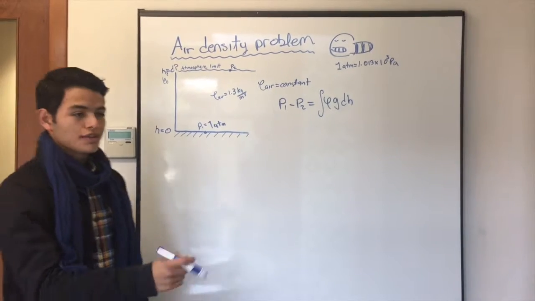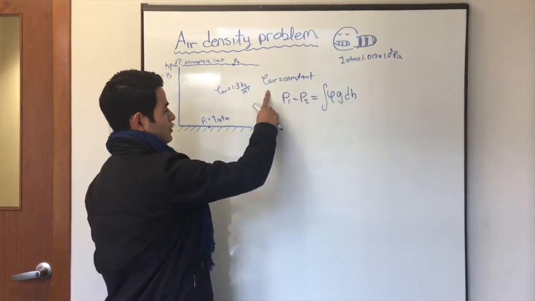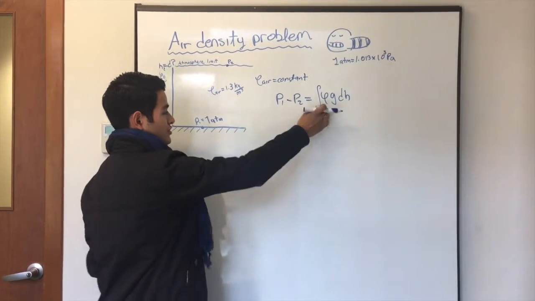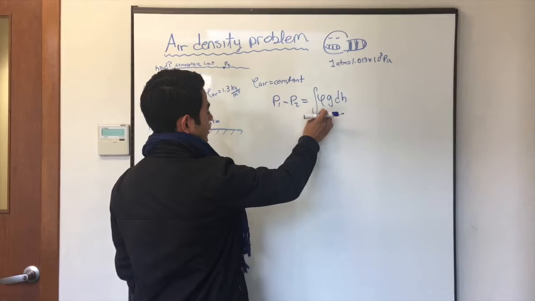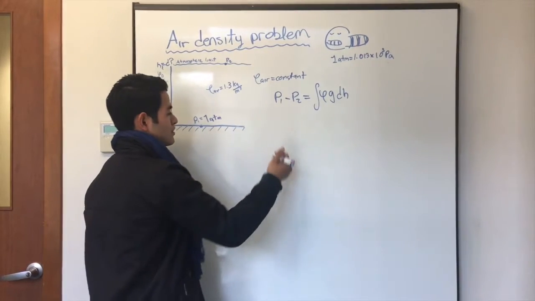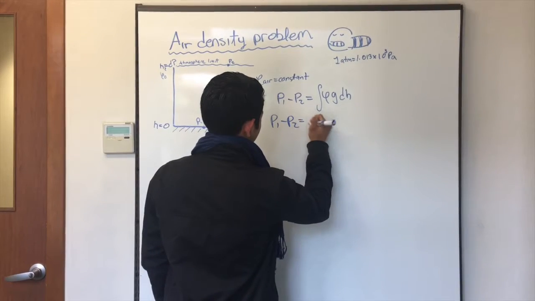So, to solve this integral, we can say that the density rho is uniform, so it is a constant. So both density and gravity can be taken out of this integral, so it will be like P1 minus P2